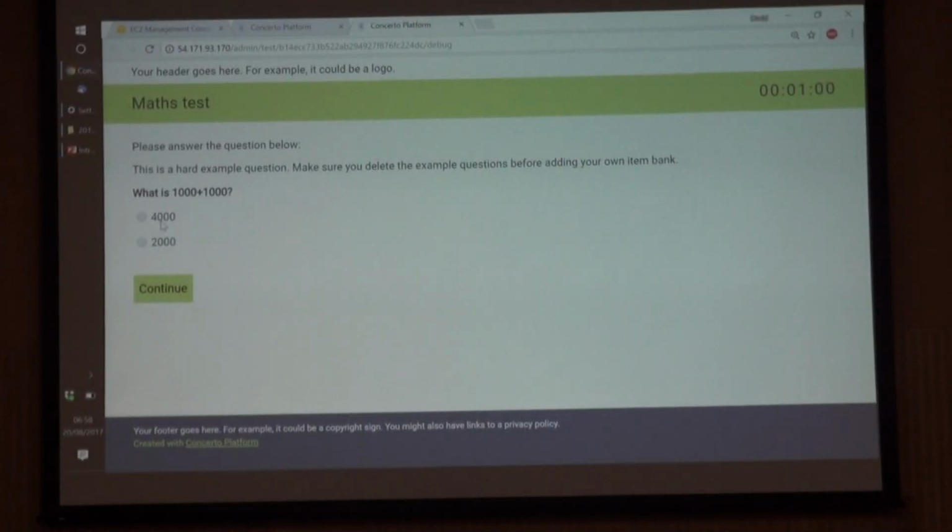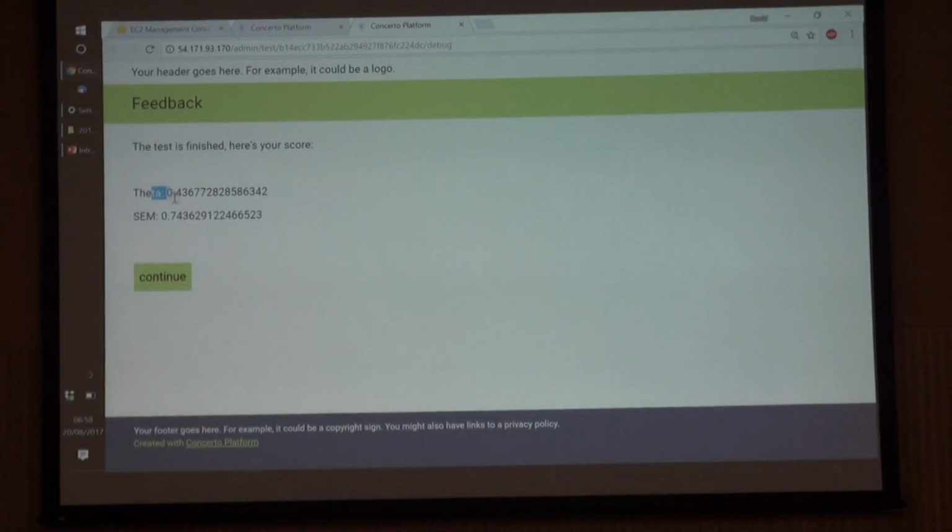Okay? I'll get that wrong just to show. So theta's a bit lower. So the hope is that, if someone builds a Big 5 node, then they can export that and anyone else can import it into their Concerto, and then the community are building these building blocks on top of each other. So if someone creates an MIRT based thing, then someone else can come along and import that into theirs, and then they've got an MIRT test available. So hopefully these things build on top of each other and we all benefit from each other's work. That's enough for me.